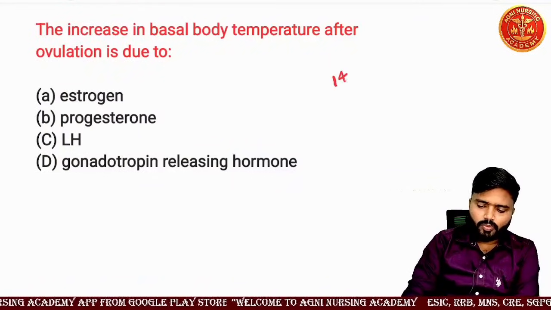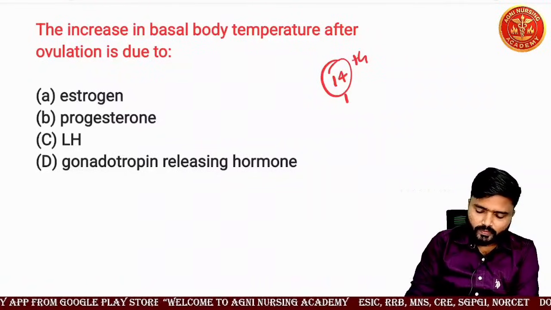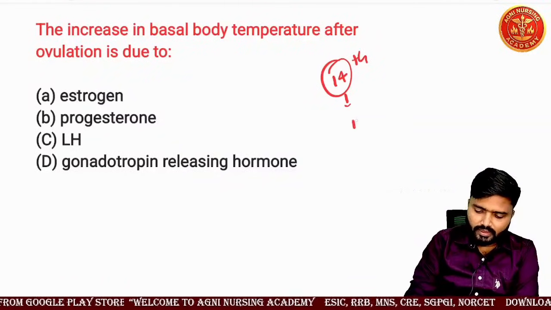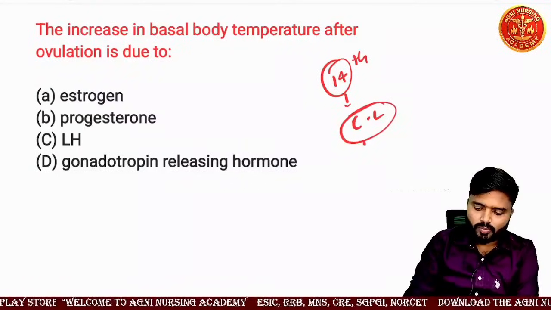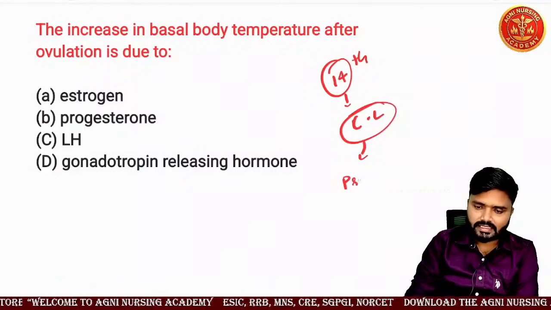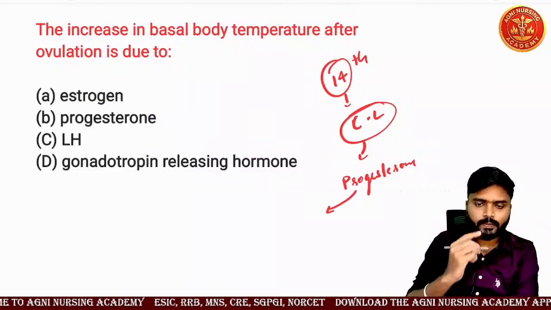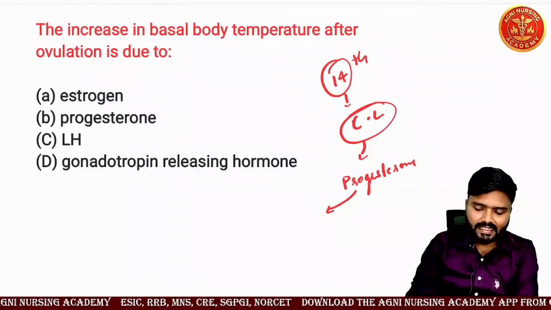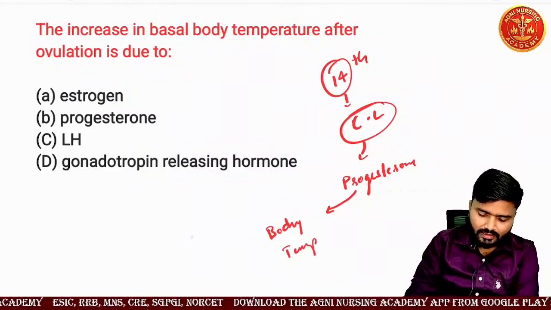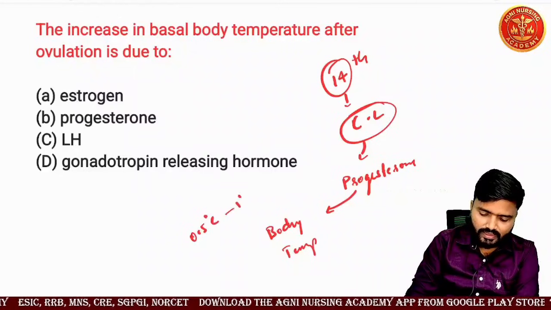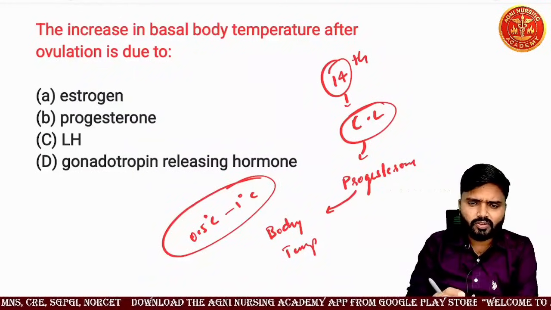On the 14th day, ovulation will happen. Immediately, the corpus luteum will be formed by the Graafian follicle. This corpus luteum will start secreting progesterone. Understood? This progesterone will increase the body temperature, by 0.5 degrees Celsius to 1 degree Celsius, due to the increased progesterone serum level in